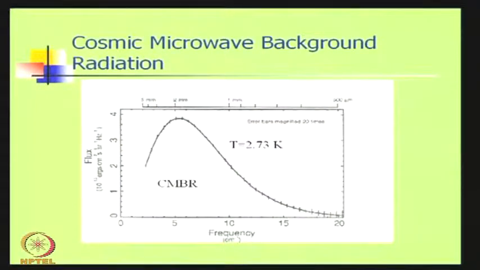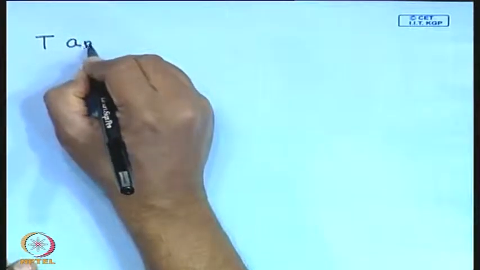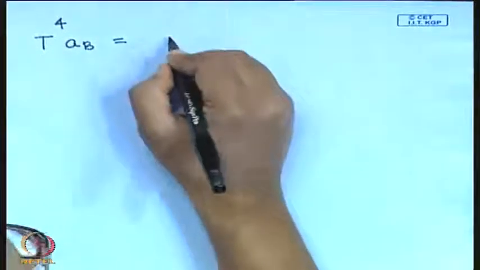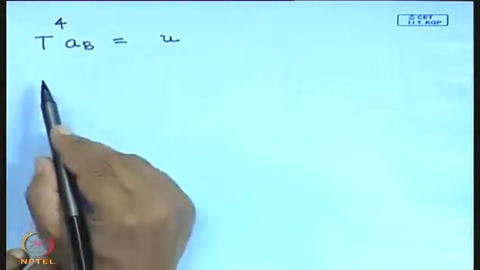The cosmic microwave background radiation is black body radiation with temperature T, and you know that black body radiation with temperature T has an energy density equal to the Stefan-Boltzmann constant a_B times T to the power 4. This is the energy density, epsilon or U, let us call it U, corresponding to this black body radiation. I request you to calculate the energy density corresponding to this